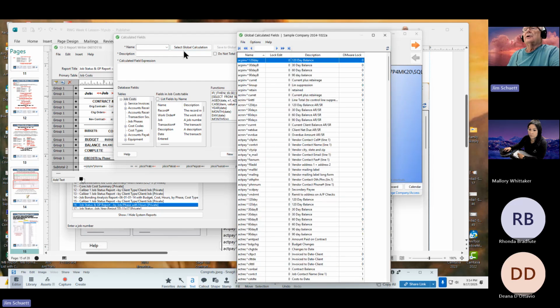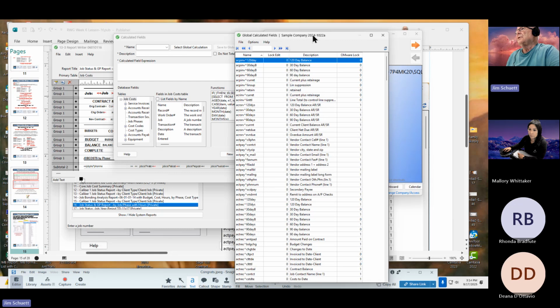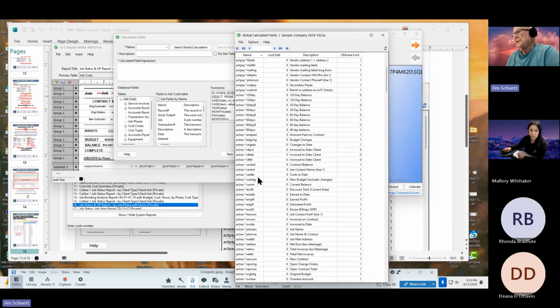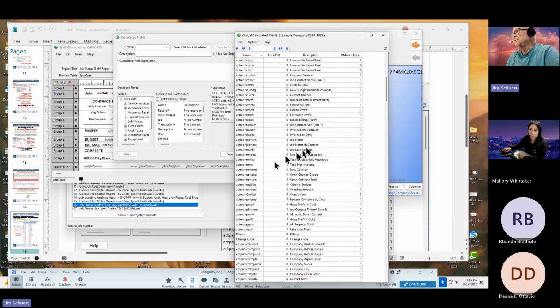Now I'm in the sample company, and so I have a lot of stuff there. There's a lot in here from the system, and you can see they're grouped by the tables: accounts receivable invoices, accounts receivable service receivables, accounts payables, jobs, and all kinds of